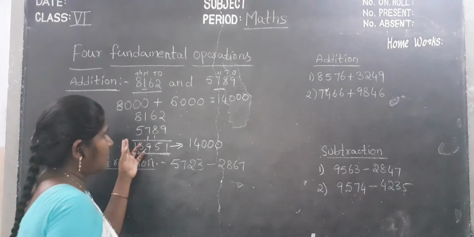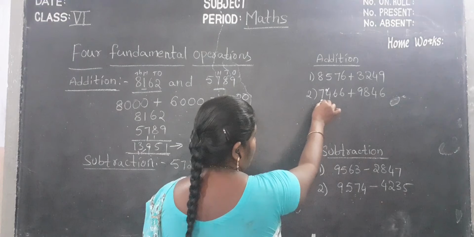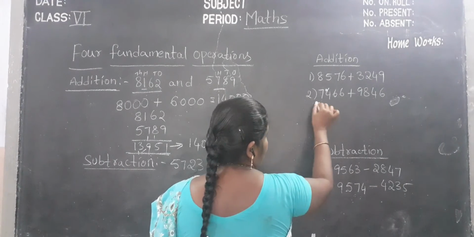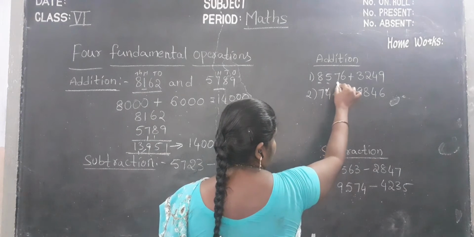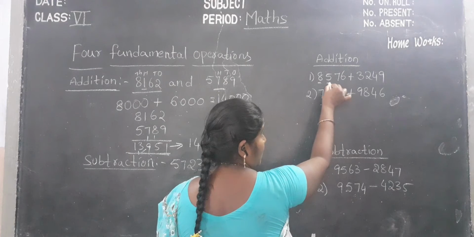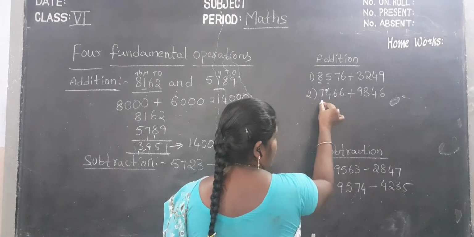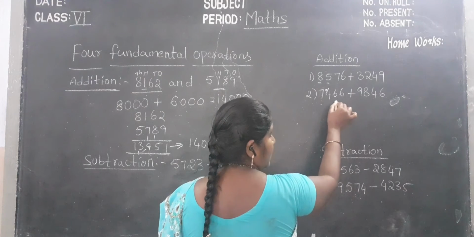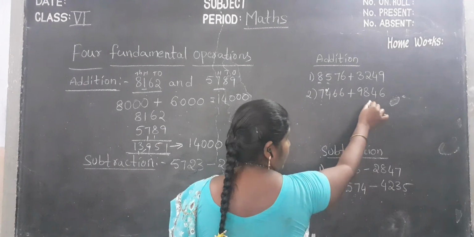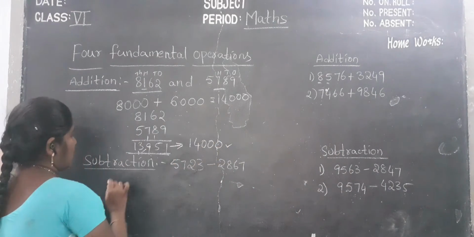Okay. For these same sums, children, here I am giving additions. Just write like this only, children. The first one is 8572. Write the rounding of the thousands number for this number and for this also. And the second sum is 7466. Write the rounding of the nearest thousands for this also. Okay children, that one is addition.